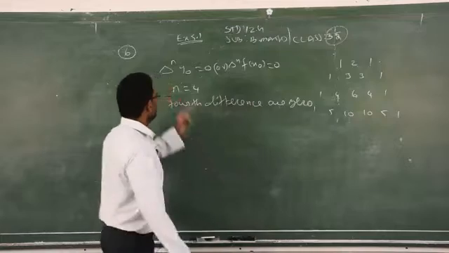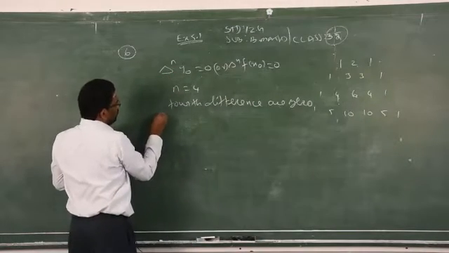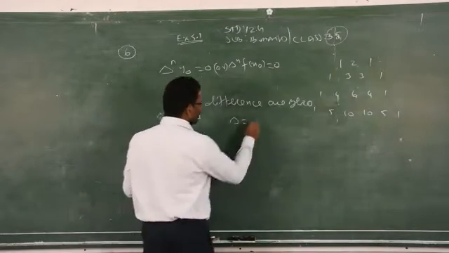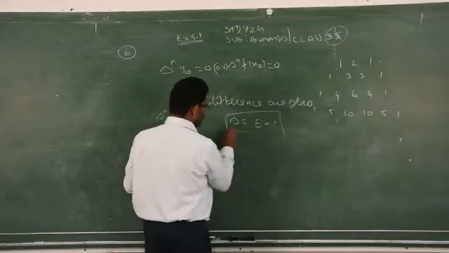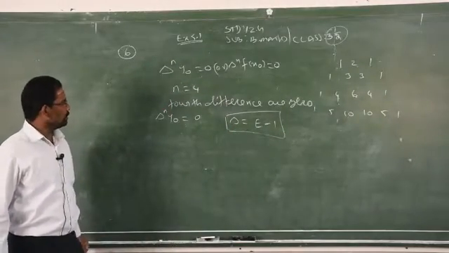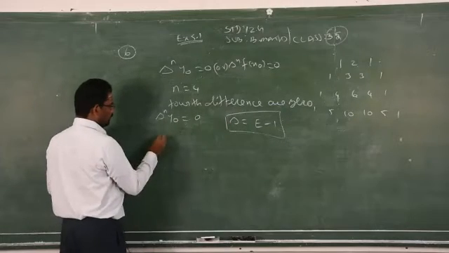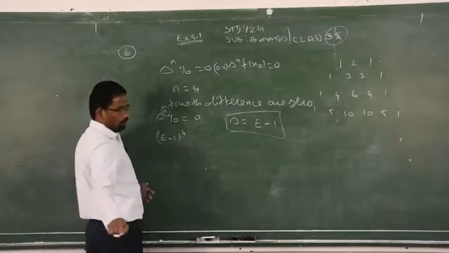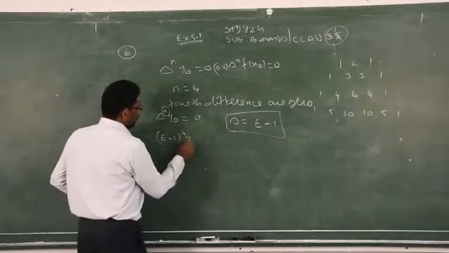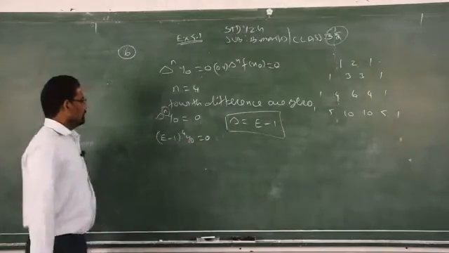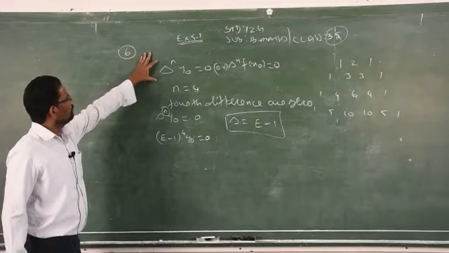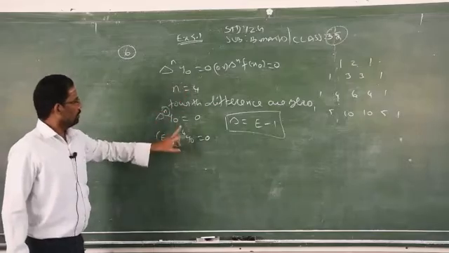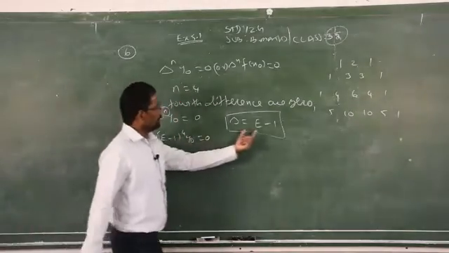Fourth differences are 0. After this you have to write down the formula delta power n y naught is equal to 0. Here delta, we already know, is E minus 1. Delta is equal to what? E minus 1. Just replace delta by E minus 1, power, what is your n? 4, because the known values under y are 4, y naught is equal to 0. First you write this general formula, then you find out n, then the statement, then substitute n by 4, that's all. Then delta is replaced by E minus 1.